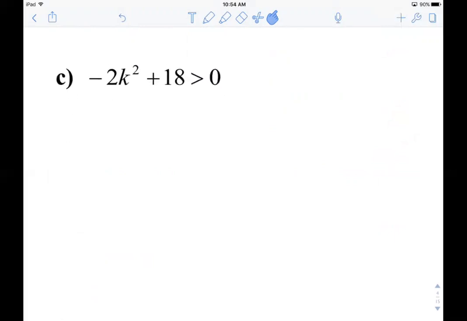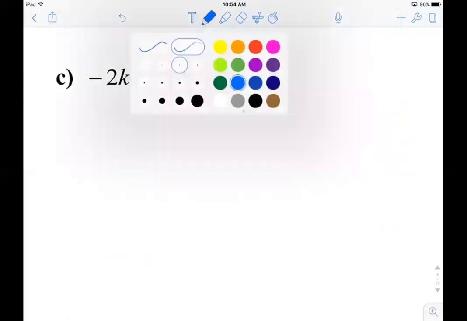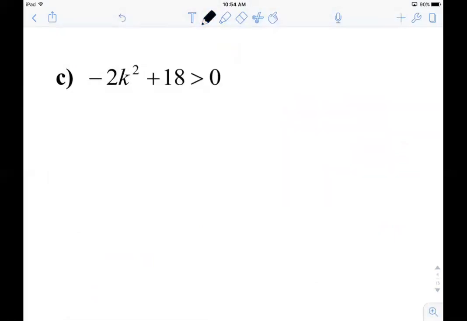Let's try this one now. Well, for this one, if we want to, we can do a little trick and divide everything on both sides by 2 to simplify it a little bit. So we end up with k squared, or actually I'm going to divide it by -2 to make it even simpler. So I will end up with k squared